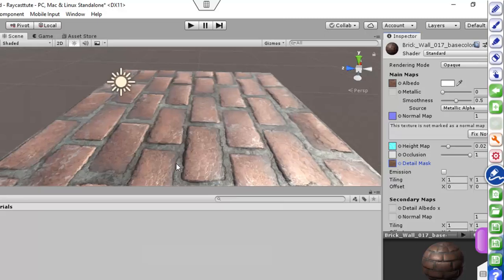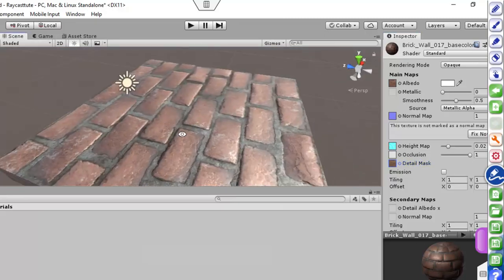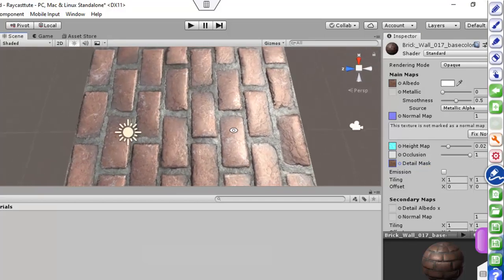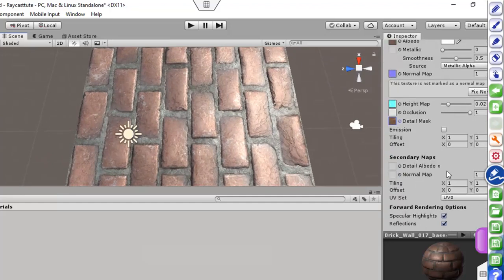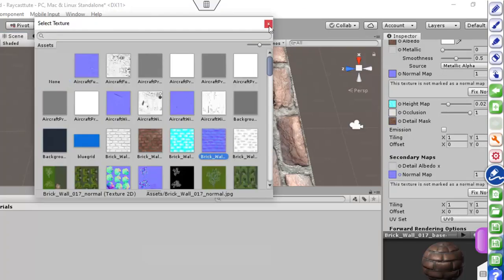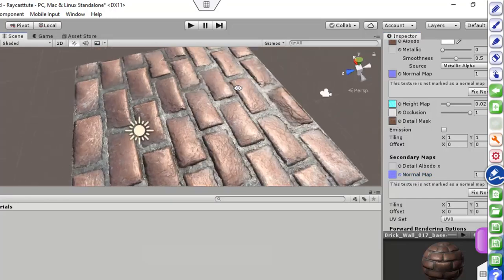So here we can see that a very good roughness and good depth is achieved. It looks like a real wall. For getting more detail, we can again apply this normal map in the secondary map section. Now here you can see it looking more realistic.